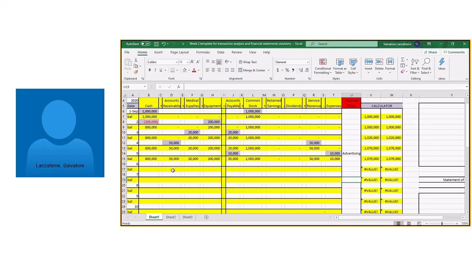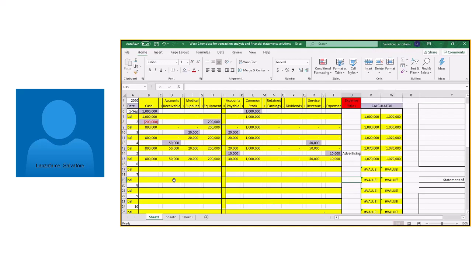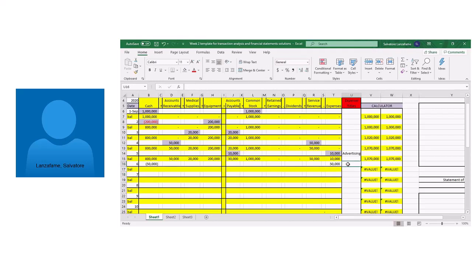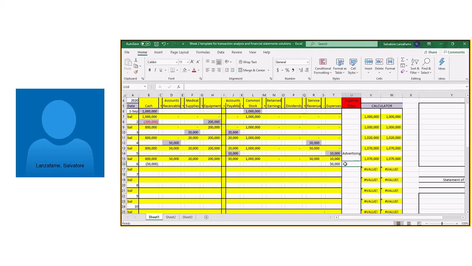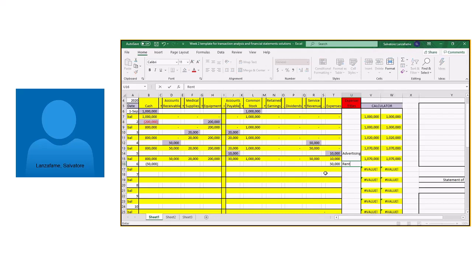Okay, let's go on to the sixth transaction. In the sixth one, it says paid the following expenses: rent, salaries, and utilities, $50,000. All right, so if we paid, our cash is going to go down by $50,000, and our expenses are going to go up by $50,000. And this is made up of, as they say here, a variety of different expenses. So they've got rent, salaries, and utilities. So rent,